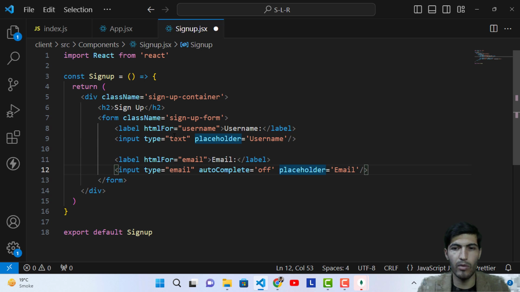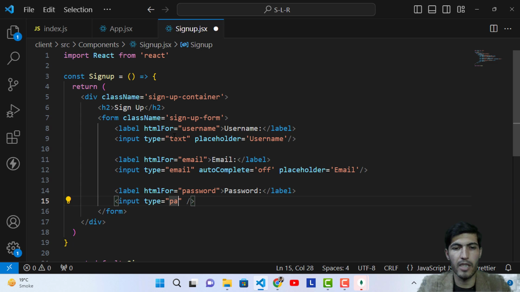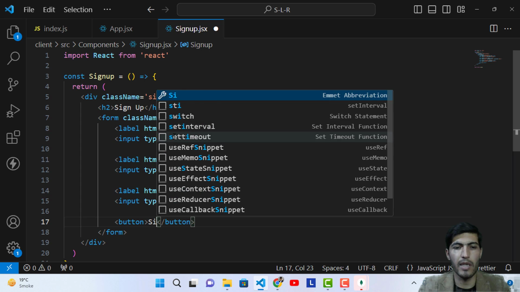Come down here, and here Control Z, label, and this one is for password. Input field, and this is password. Placeholder, let's write static. Okay, and down here we will have a button. This is for sign up,